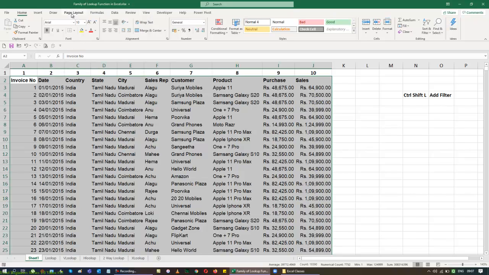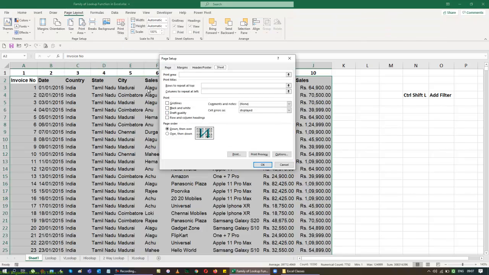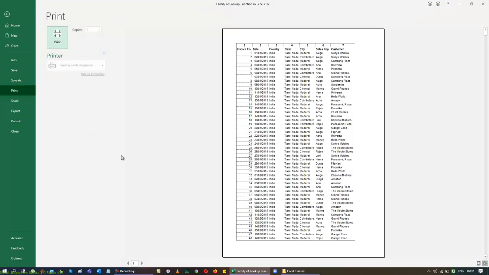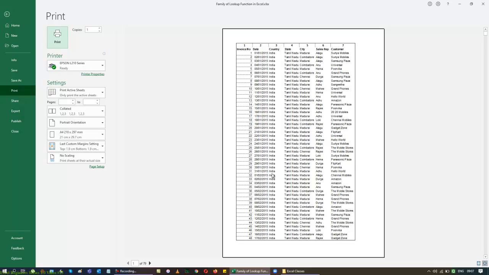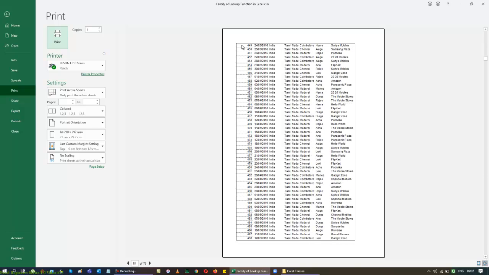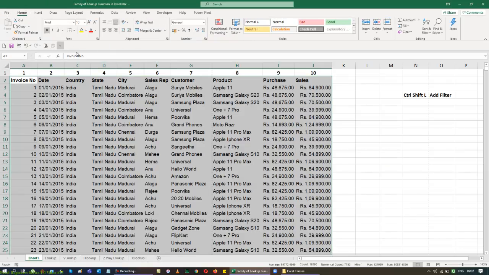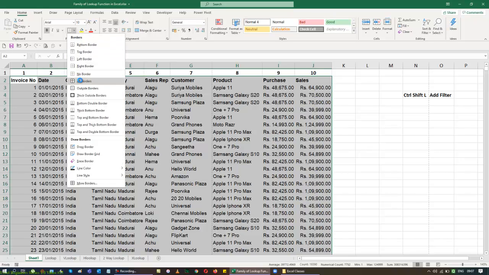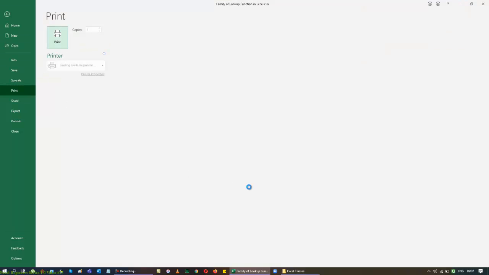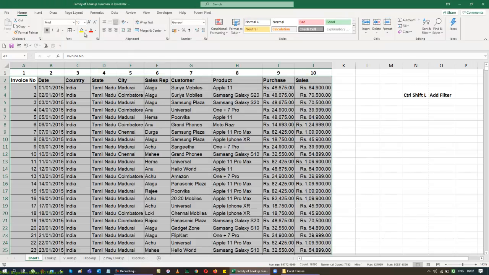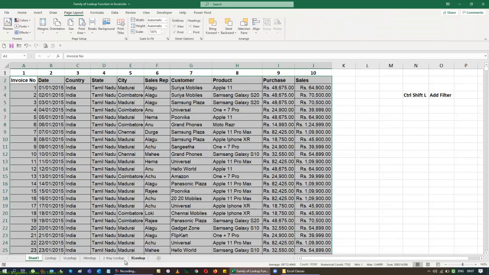Then come back to our page layout, print titles, add grid lines, give it OK. And when I go to the preview, you can see the grid lines are coming up here again. Still have some issues at this point. It's not showing me the data as beautifully as it is, but it shows the grid lines only for the first line. So you can add grid lines for your list if you wish. If you are not interested in adding grid lines, you can keep all your borders intact. So when you go to the preview, you can see all borders coming up all the way around. This is how we will use our page layout for printing data in Excel.